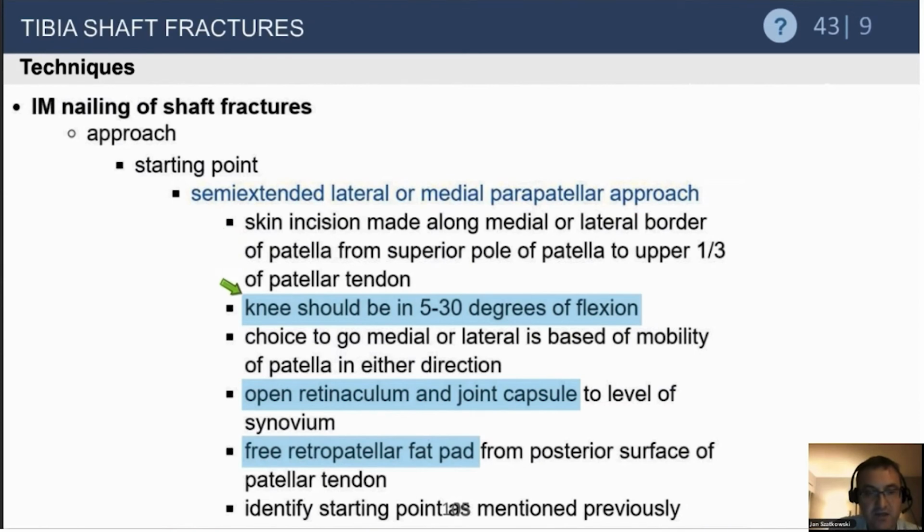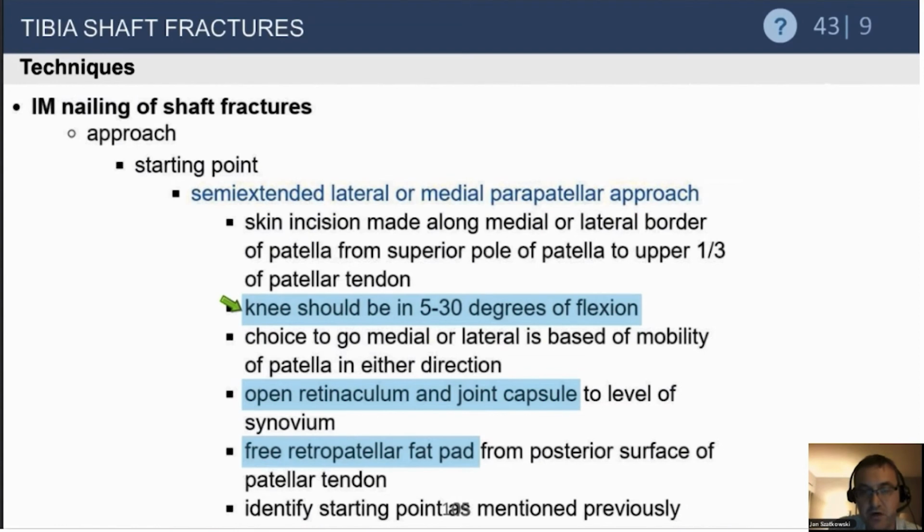The knee should be in about 5 to 30 degrees of flexion. Remember, if you're too extended, then you're not going to be able to get a posterior enough starting point. You may ream out anteriorly in the tibia. And if you're too flexed, you're putting too much pressure, especially if you're doing a retropatellar approach, between the patella, your guide, and then the